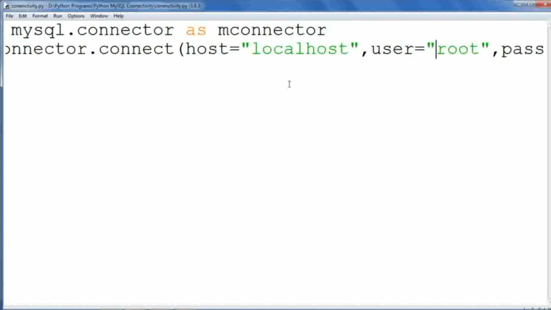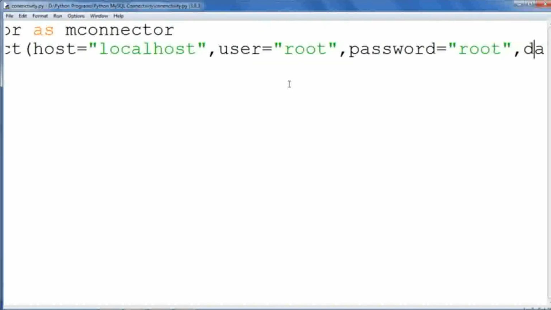If you want to see the username, you can use the select current_user command in MySQL to check which user you are currently working with. That name you can write there. You can set different types of roles and other things by using the MySQL database program. I will cover that in another video when I start MySQL for class 11th. And then you can write password, whatever password is there. I have kept my username as root and password also root. So I have written password root. If you want to write in short form, you can write passwd as well.